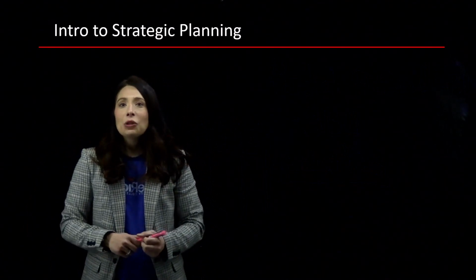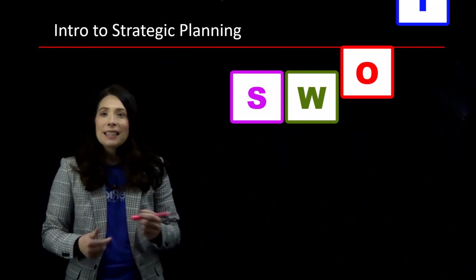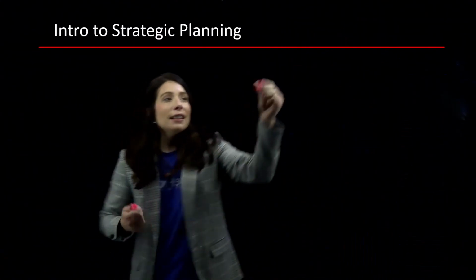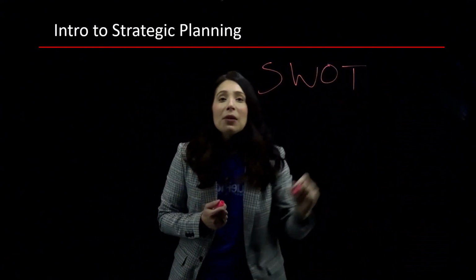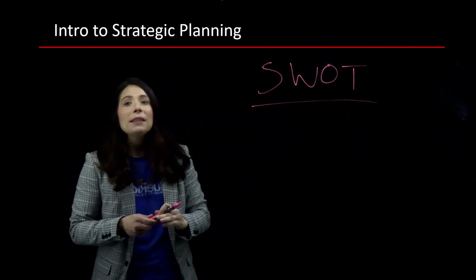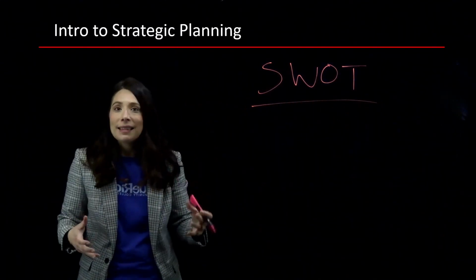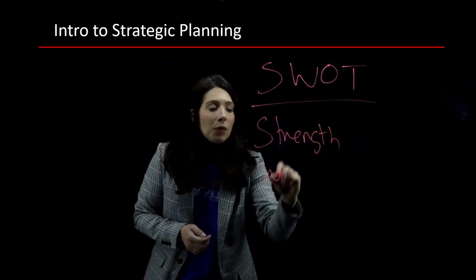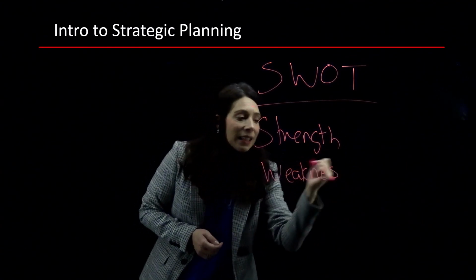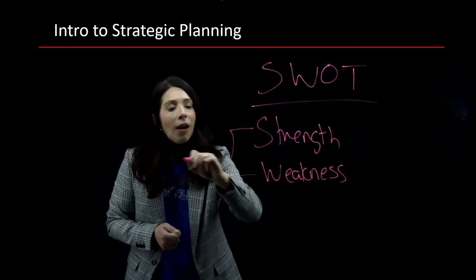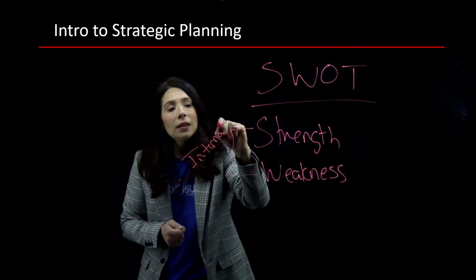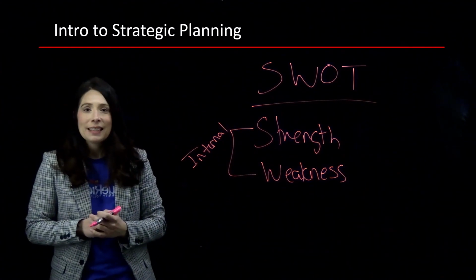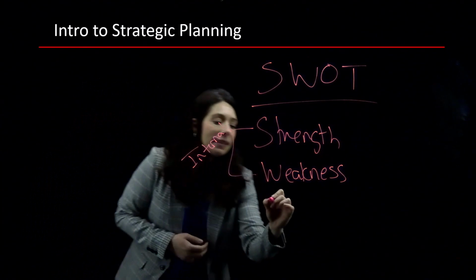So as we continue to look at strategic planning, let's take a look at the SWOT analysis. This is an excellent resource that organizations utilize to really look internally and externally. Now the SWOT analysis, I'm sure you've heard of before. It's really a 4-quadrant analysis as you build out the environmental landscape. And the SWOT, the S stands for strength, the W for weakness or weaknesses. Now, all of these are internal, meaning they are internal to the organization. So what are our strengths? What are our weaknesses? When we continue to move through SWOT analysis, we have opportunities